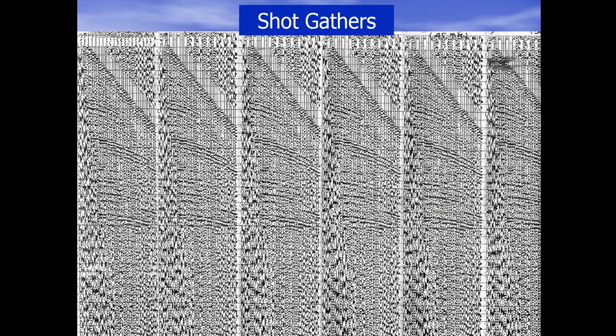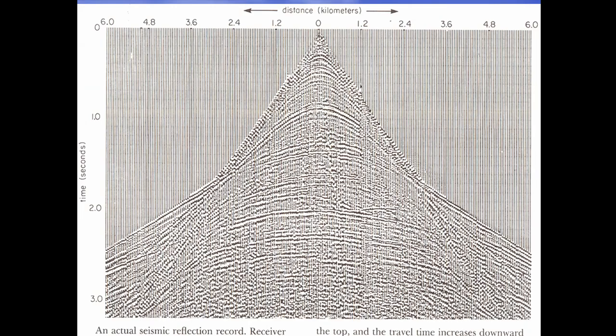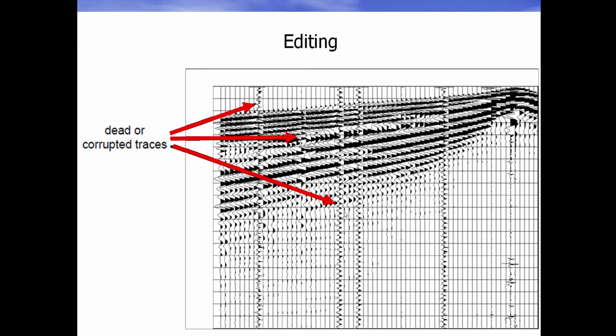So this is a shot gather data with the end-on shooting which we are talking about. You can see the source in this corner and the receivers here. So our survey is moving like this. And this is split spread shooting. Over here you can see quite good data. And this one is split spread with one phase of the shot. Over here you can see these traces are quite